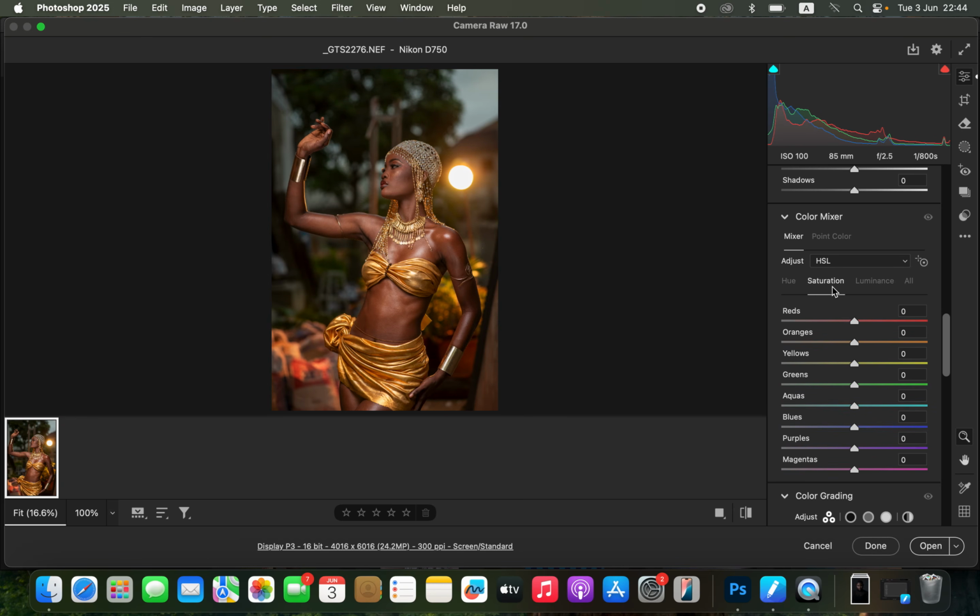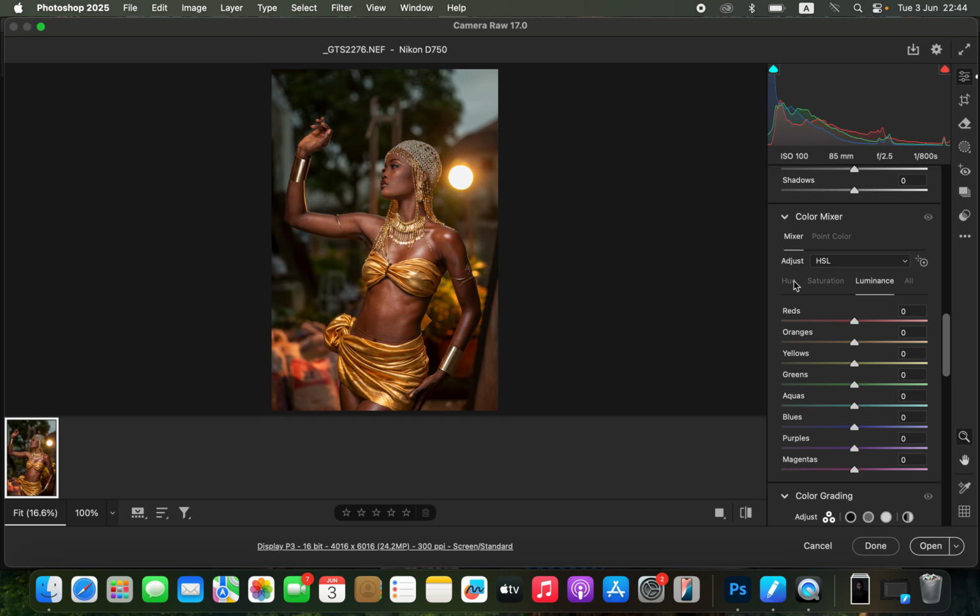Saturation is the intensity of a color. You can increase the intensity of the greens or reduce the intensity of the greens in the image. So depending on the colors that you want to manipulate in the image, that is how it is going to be affected. Luminance is the brightness of a given color. You can darken the greens or you can brighten the greens in this very image. So after understanding that simple and basic knowledge regarding hue, saturation and luminance, it's time to apply it to